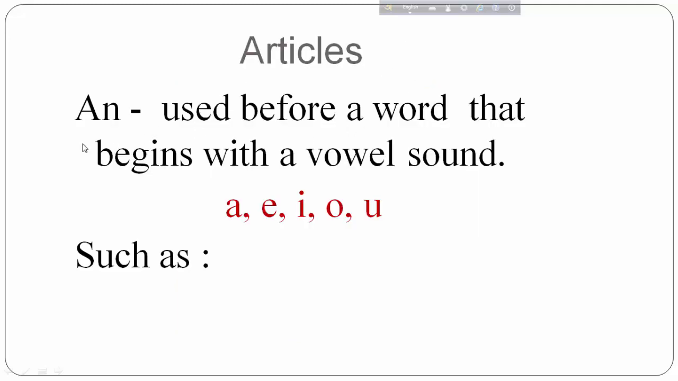So now let's see an. An is used before a word that begins with a vowel sound. We have already learned the vowels. It is A, E, I, O, U. So an is used before a word that begins with the vowel sound A, E, I, O, U, such as